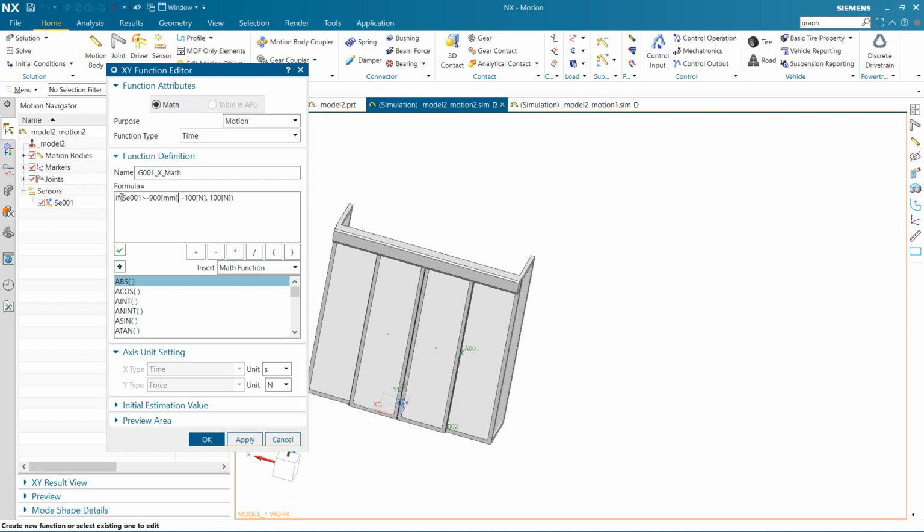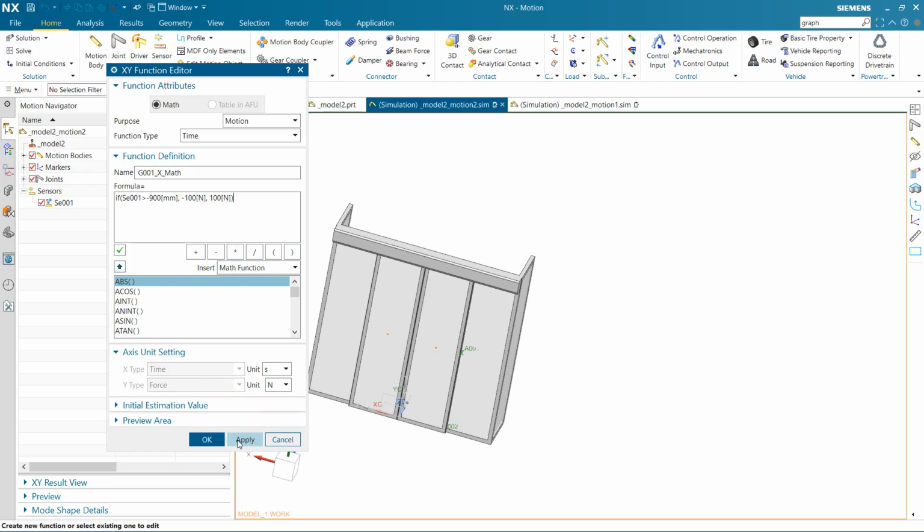For example, if it's now about minus 600, it will be larger than minus 900, so it is true. If this one is true, it will give minus 100. If it is not true, it is false, and it will go to 100. It's a very easy formula that you can use. There are a few more if formulas, and I will talk about that later.